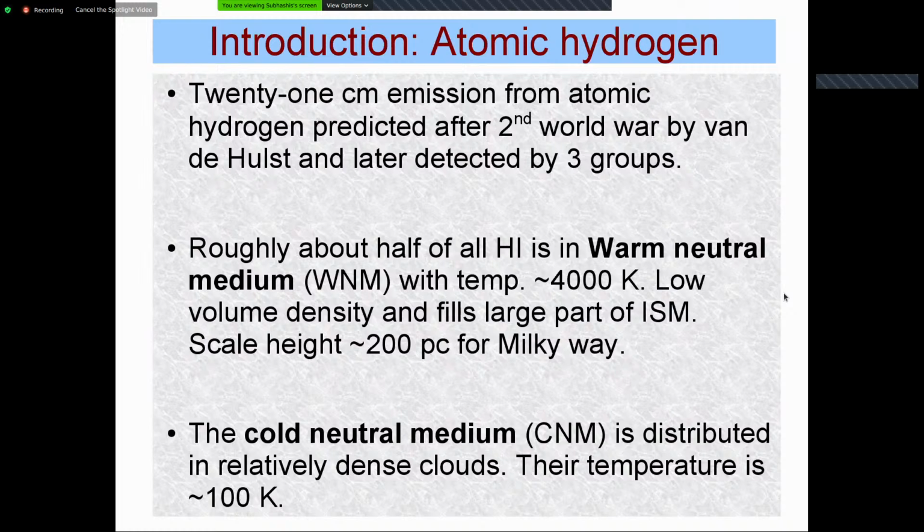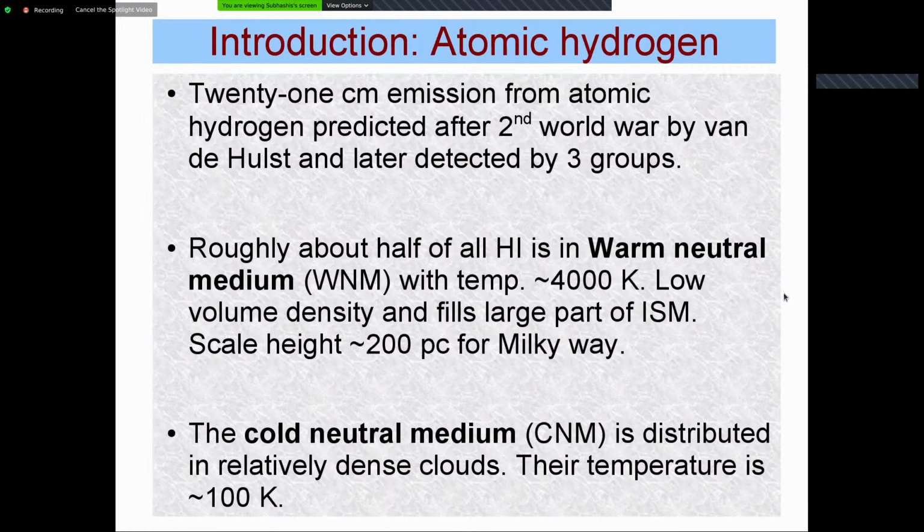That if you go up by about 100 or 200 parsecs, the density will fall by a factor of 2 for the atomic hydrogen. But again, not the whole atomic hydrogen, rather I should say the warm neutral medium. The cold neutral medium is much thinner, meaning relatively dense, and their scale height is even lower, much lower. So the point is,